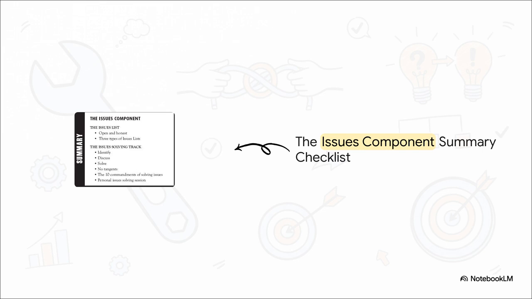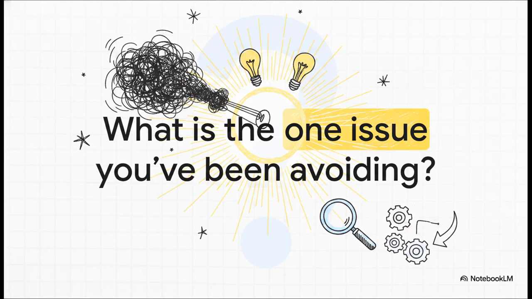By committing to these essential steps, you're going to transform your company from a frustrated group of people who just complain about obstacles into a highly efficient, unstoppable problem-solving machine. I leave you with this final, provocative thought, and I really want you to be honest with yourself here. What is the one massive issue you've been actively avoiding that is holding your entire company back right now? Find it, pull it into the bright light,